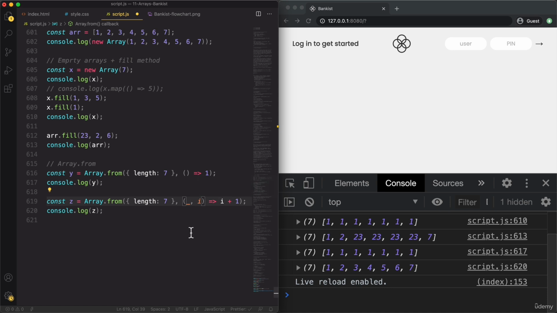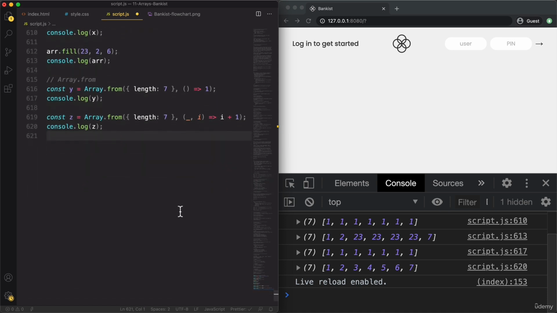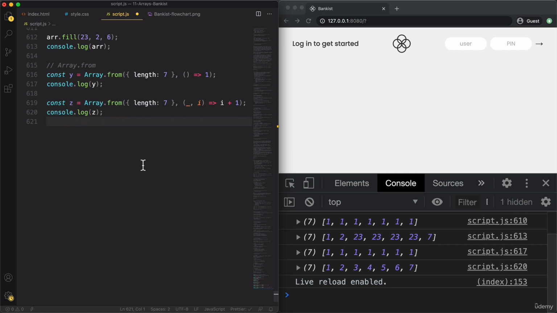Okay, so this is how we create an array programmatically, and I hope you can see all kinds of different use cases for this. For example, you could create an array with 100 random dice rolls. So maybe you want to try that out on your own, and that is actually one of the assignments that I have later here for this section. So there's going to be a couple of exercises, and this will be one of them. But you can try it out immediately if you feel like it. So try Array.from to generate an array with 100 random dice rolls. Okay, see if you can do that. But anyway,